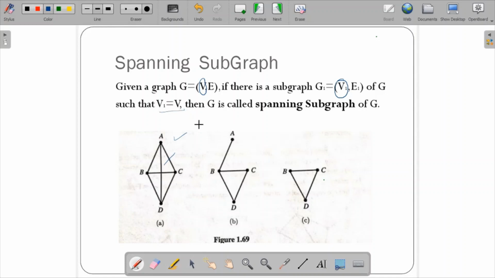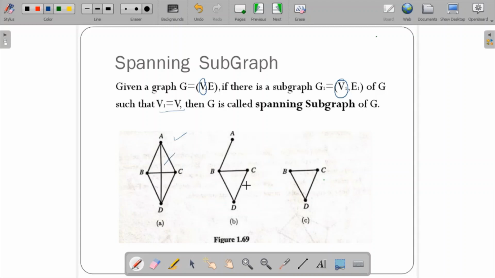In other words, you would say a subgraph G1 of a graph G is a spanning subgraph of G wherever G1 contains all vertices of G. There's a graph and all its spanning subgraphs have the same vertex set. Okay, so every graph is its own spanning subgraph. If you see over here, this subgraph itself is its own spanning subgraph, because why? All the vertices are present over here.